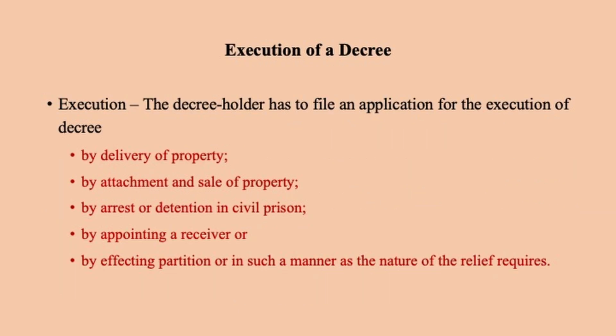The final stage would be filing of execution petition by the decree holder for the execution of the decree. It could be by delivery of property, by attachment and sale of property, by arrest or detention in civil prison, by appointing a receiver, or by effecting partition or in such a manner as the nature of